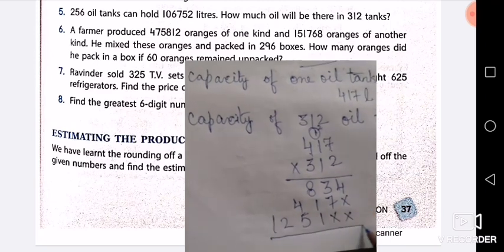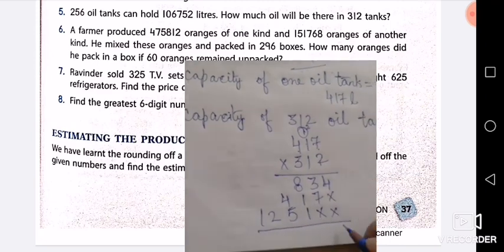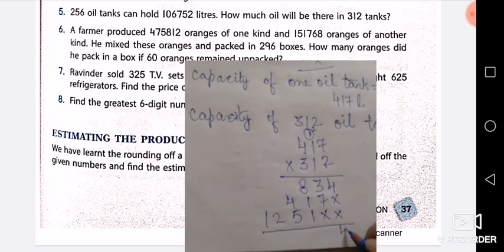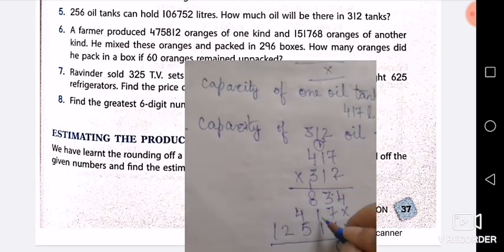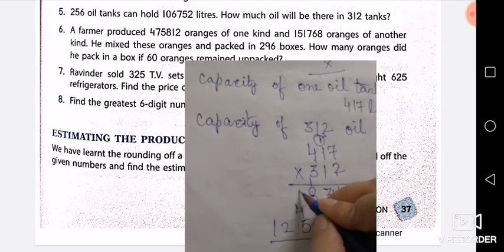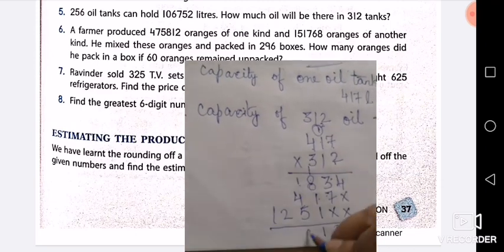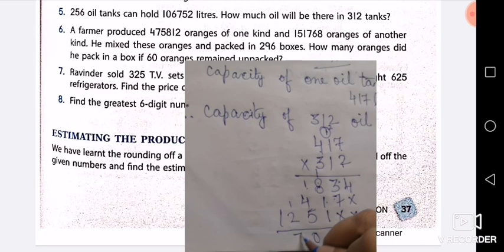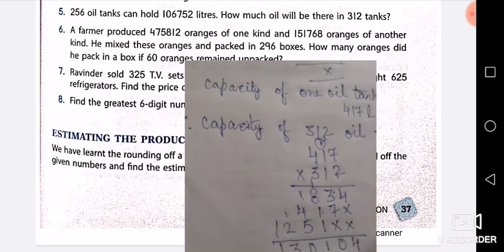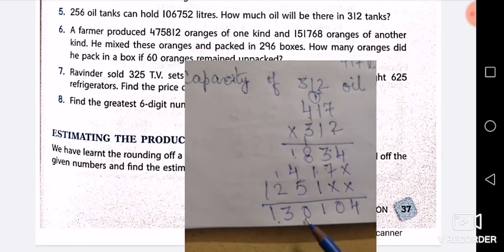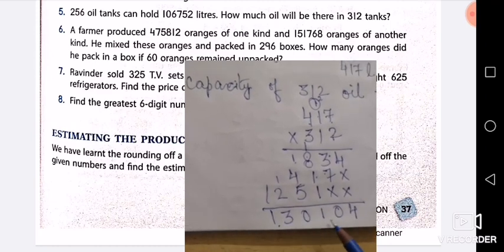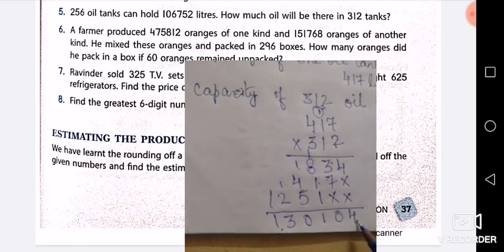So this will be the capacity of 312 oil tanks. Now 4, 7 plus 3, 10, 8 plus 1, 9, 10, 11. 1 we will write here, 5 plus 5, 10. This will become 3 and then 1. So this will be the capacity of this, 1,30,104. So this will be the capacity of